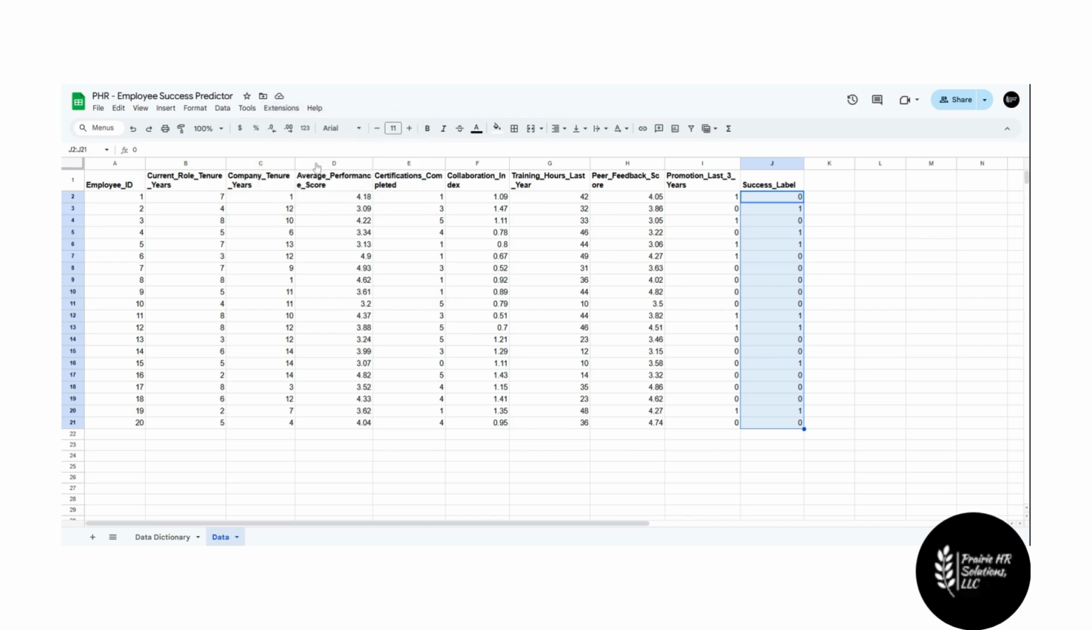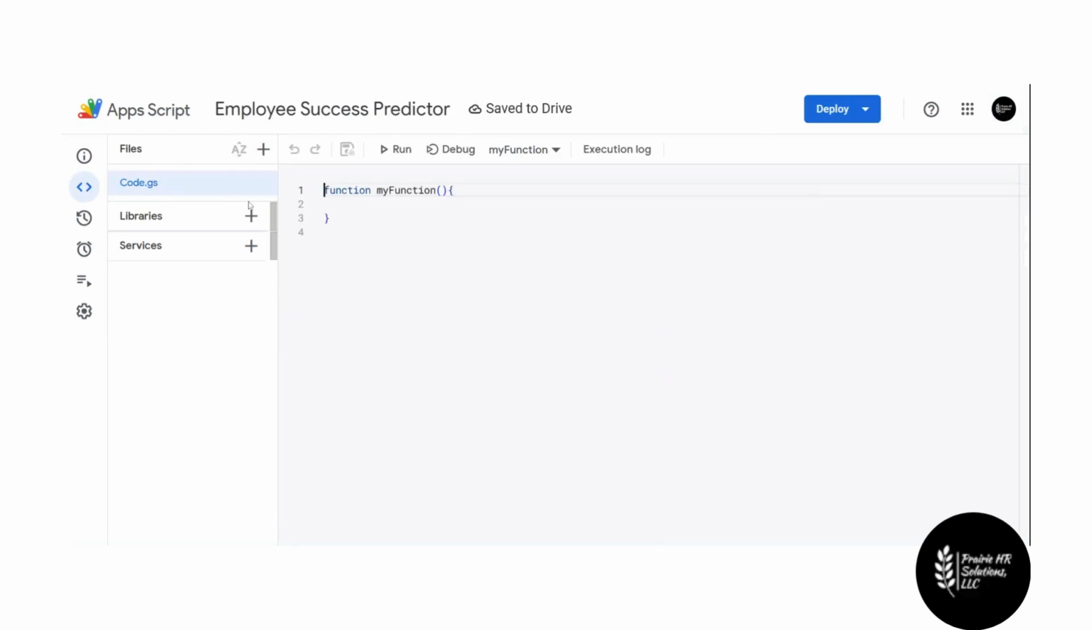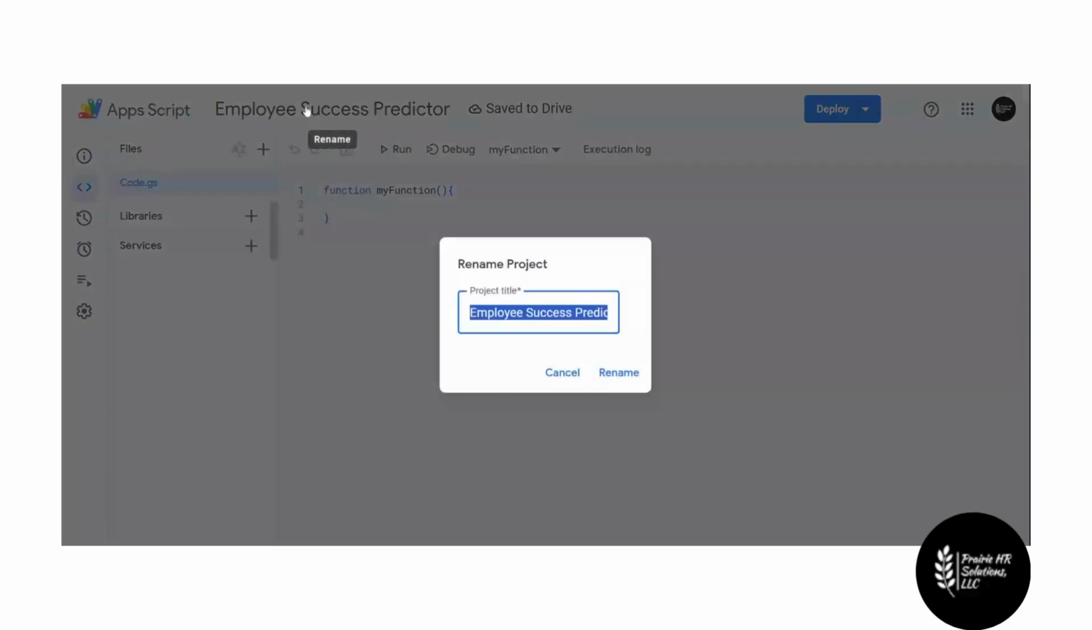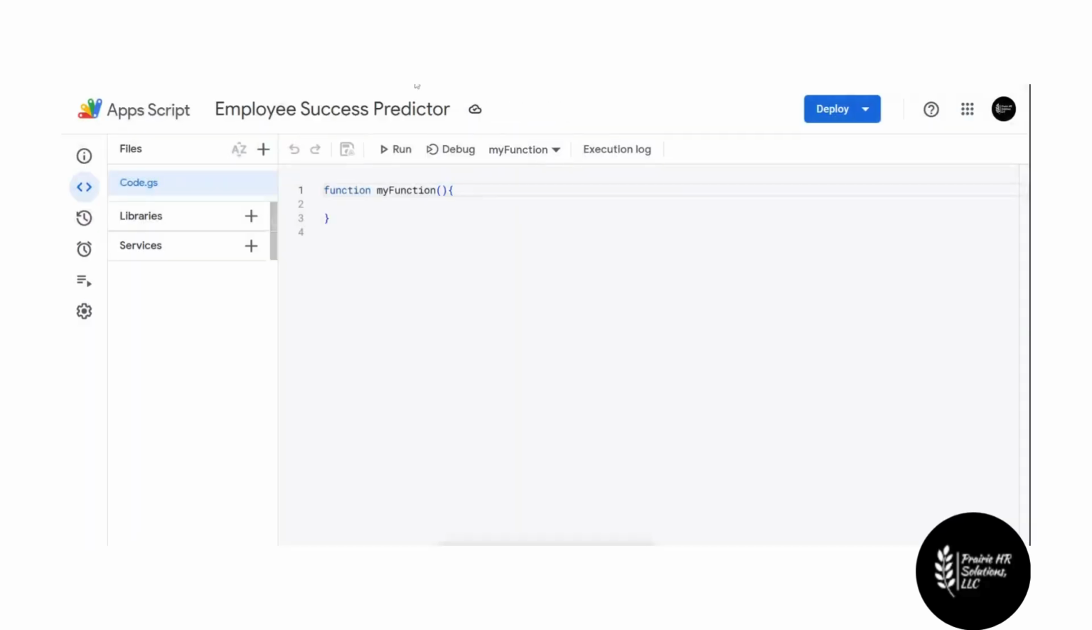Let's open up our Apps Script file. And I called this Employee Success Predictor. Now what we want to do is grab the data from that. And since we're going to populate it onto its own tab, we'll grab the data and then we'll grab the header. So let's get rid of this myFunction thing here. And we'll call this